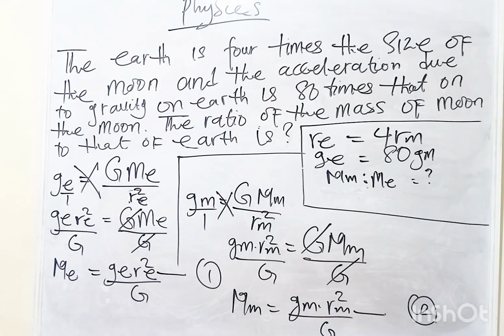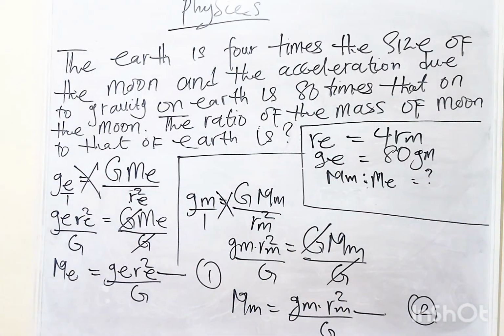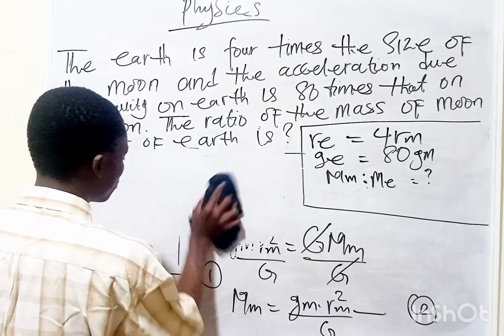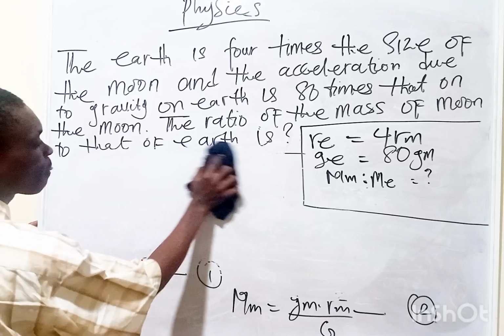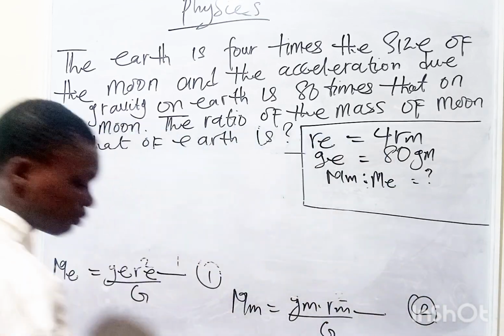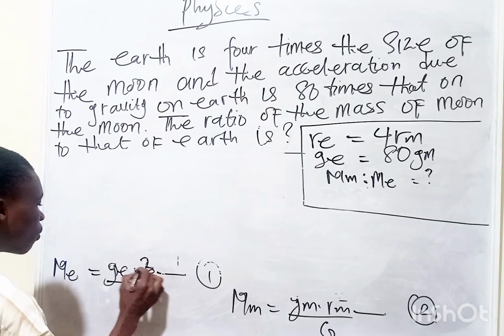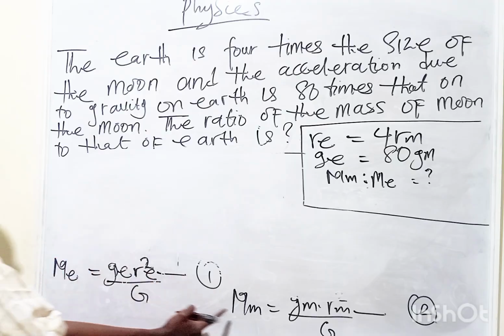All right, so we are going to divide equation 2 by equation 1. Equation 2 by equation 1. So from here, clearly, what can we see? This is our equation 1. So from here, we are going to divide this by saying, since we have been asked to find the ratio